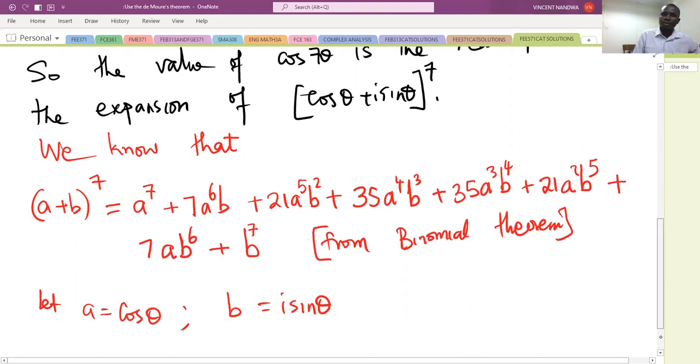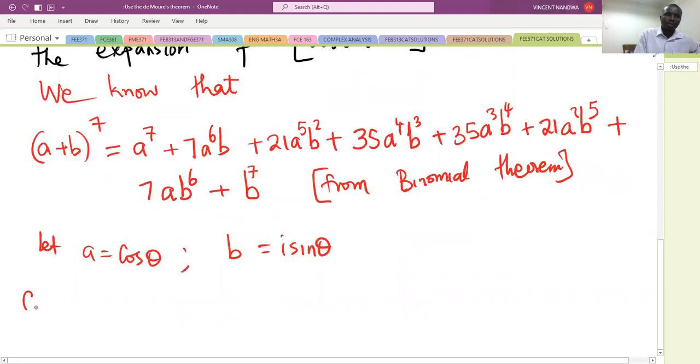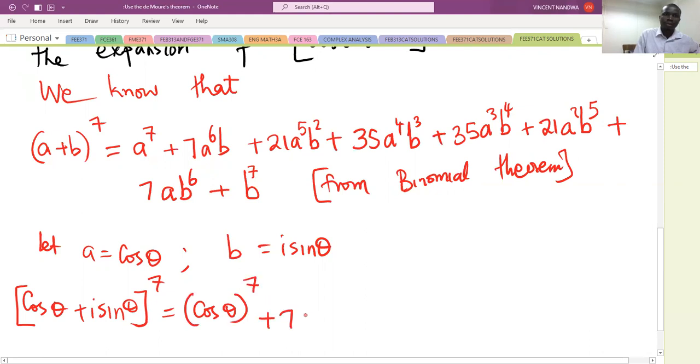So cos of theta plus I sine theta power 7 will be the same as cos of theta power 7 plus 7 cos of theta power 6 and then I sine theta,